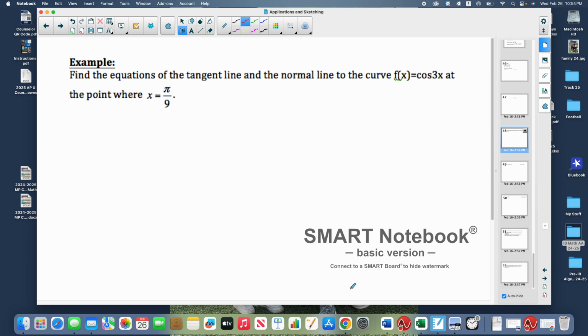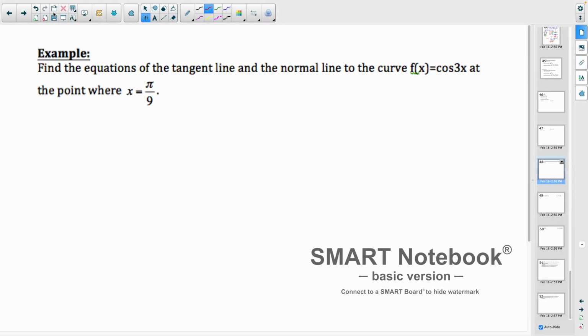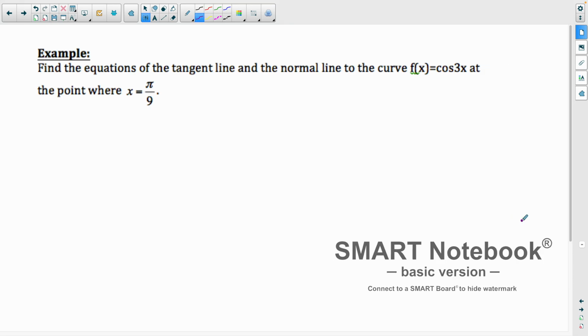So yesterday we talked about a couple new derivatives. We're going to go back through some of those today and apply them to some of the concepts that we talked about last unit and this unit, and go from there. So the next spot in your notes where we left off yesterday says this: